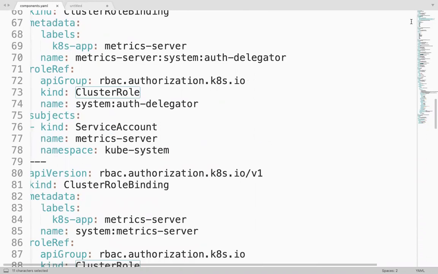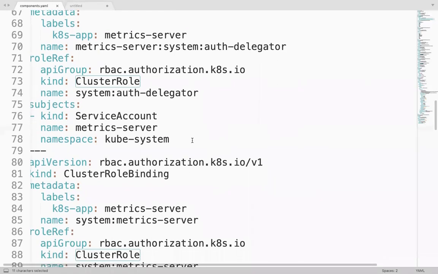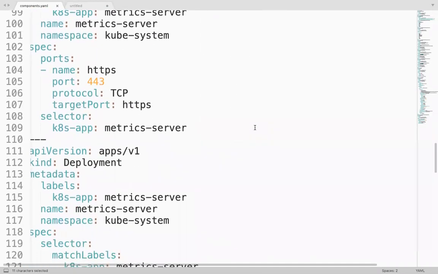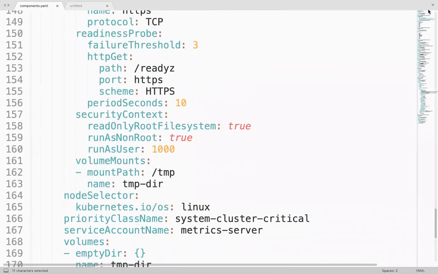So do we need this role for all the pods? Why am I giving this only to this pod? Do our applications need such permissions? Suppose you created a deployment for a Java application, a web application, a Node.js application.